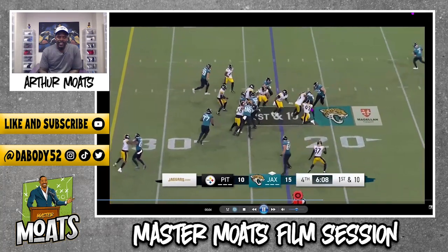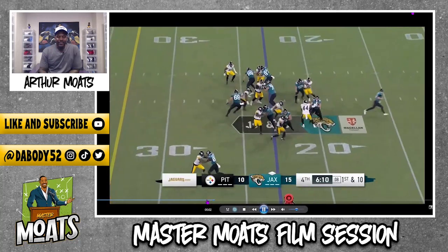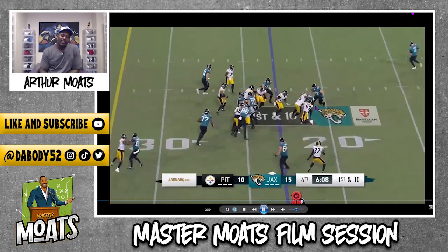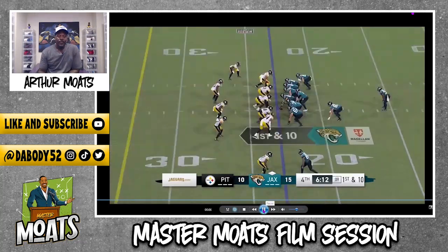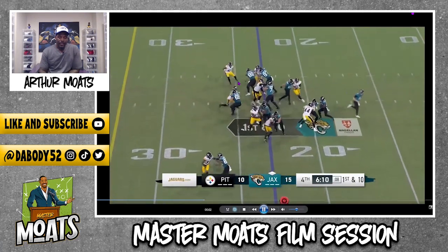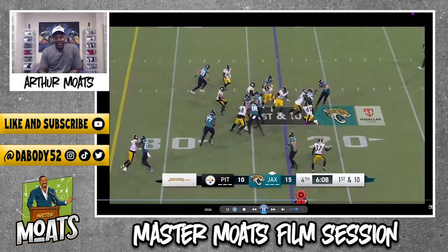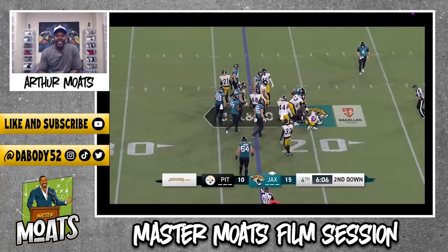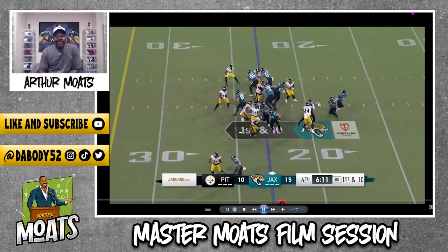He doesn't just sit down. He finds a way to get up and make a play. But he makes this play even though he misses the tackle. By him forcing that action and hitting 36, that forces him to stop his feet and spin. And it gives Buddy Johnson a chance to get back in this play as well. Because remember, Buddy Johnson has an offensive lineman climbing up on him, see? So boom, Buddy does a good job backdooring it, gets held a little bit. But because Mark was able to shoot his gun, because Mark was able to shoot that gap and hit this back in the backfield 2 yards deep, even though he doesn't make the play, he still makes the play,